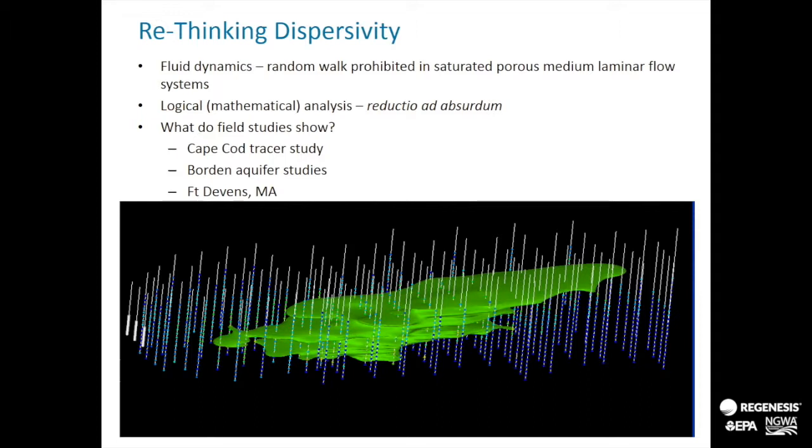And what you can see here, this is a three-dimensional model that we built off the raw data set from the Cape Cod tracer studies. They had about 630 wells, a highly resolved picture of the distribution of a tracer that was injected in a heterogeneous anisotropic formation. And what you see here is the tracers running at different velocities at different locations in the